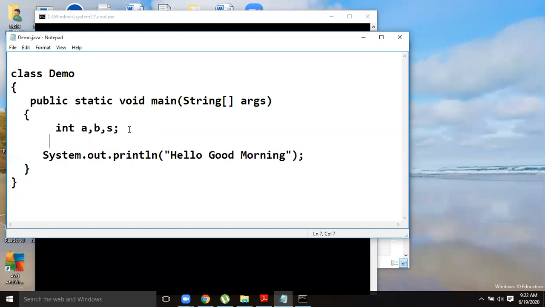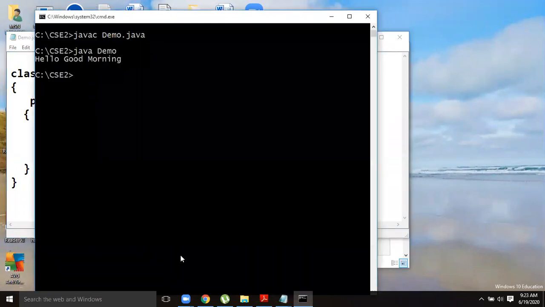I will tell you two things. First one is using command line arguments, taking input from the command line. Here I am writing java demo, then I have to give the values also, as command line arguments. This is the command prompt. From here I am passing the arguments to the main method. That is why you write String args. Those values can be taken as an array of string arguments.